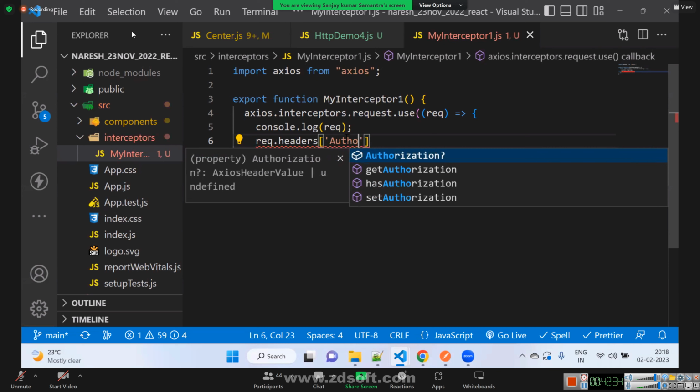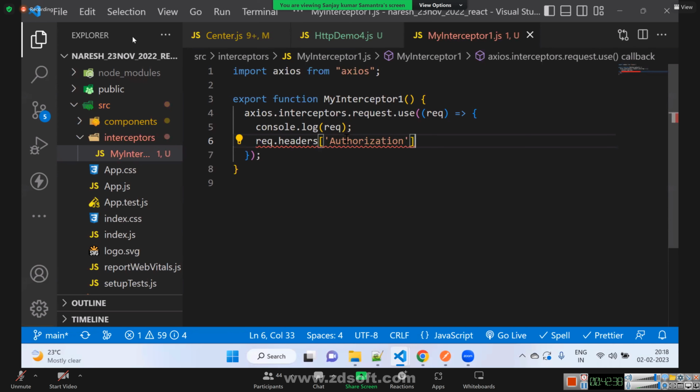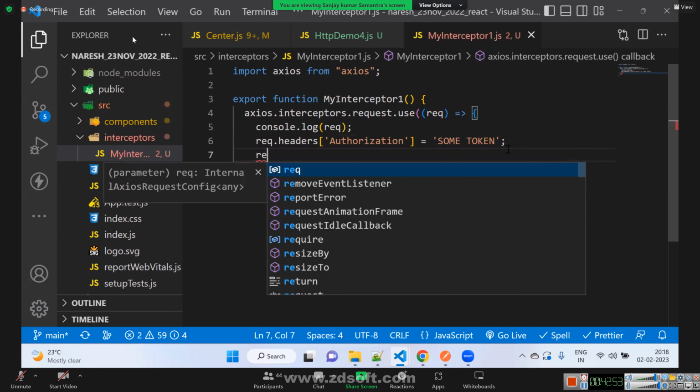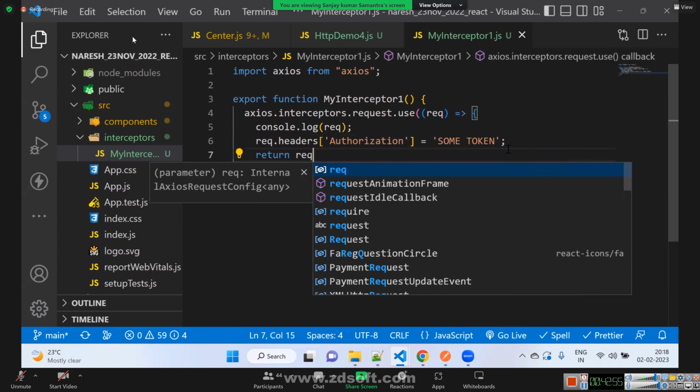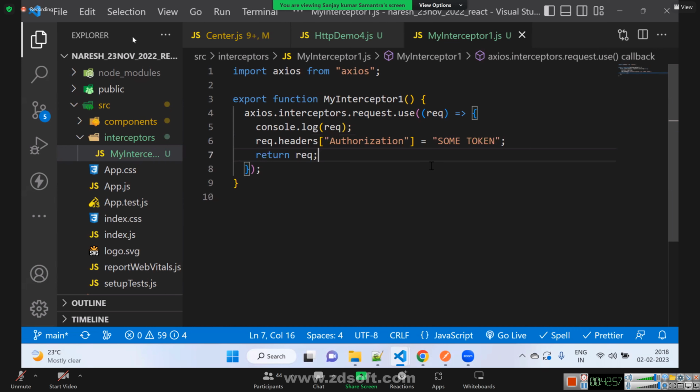I'll add authorization equal to some token, ABCD, some token we will pass here. Then return request.